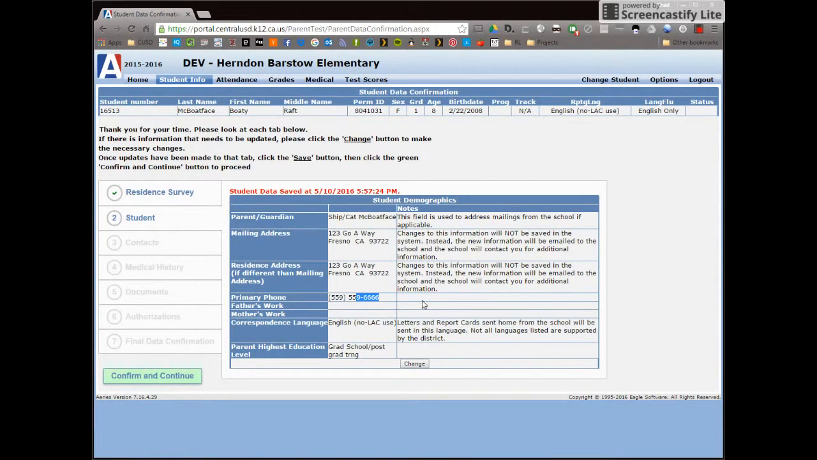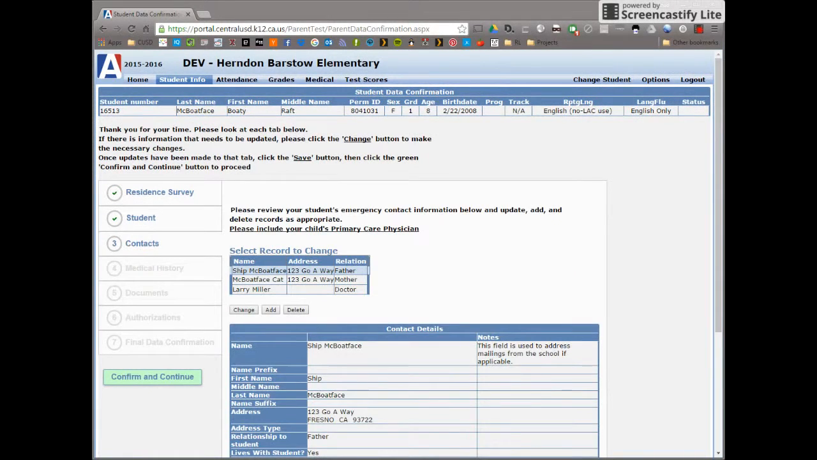Please note that changes made to the mailing address or the residence address section do not automatically get saved in our system. Instead, the school office will be emailed a notice of your request to change your address. You will need to bring in documentation verifying your address change to the school. This is because California state law requires us to verify all address changes. Once we've finished updating this information, we can click Confirm and Continue to proceed to the next step, which is